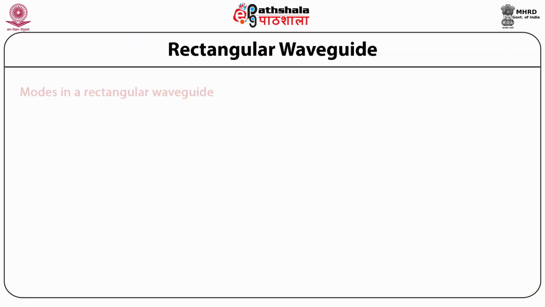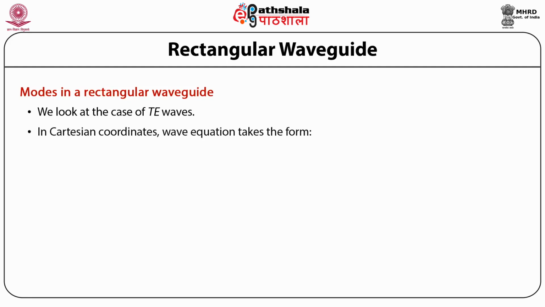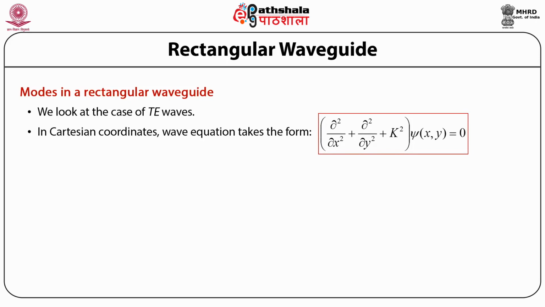Rectangular waveguide. Modes in a rectangular waveguide. Now let us look at the case of transverse electric waves in the rectangular waveguide. So considering the Cartesian coordinates, the wave equation for the transverse electric wave takes the form: bracket open del 2 by del x2 plus del 2 by del y2 plus capital K square bracket close, acting on the wave function psi as a function of x and y, is equal to 0, with the boundary condition that the partial derivative of the wave function with respect to the unit normal, that is del psi by del n, is equal